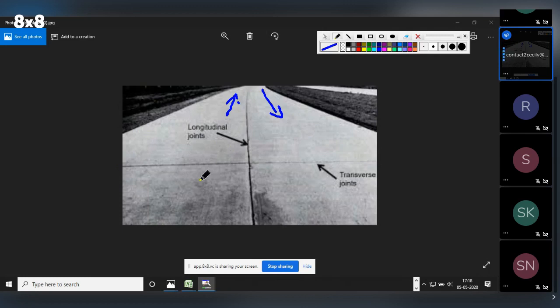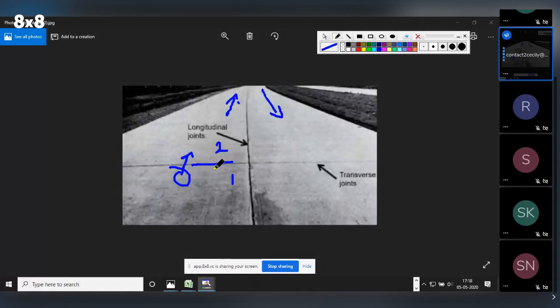So when a vehicle passes over this joint, the transverse joint, what happens? These joints are weak in structure, as they are discontinuous. These joint gaps are not filled with concrete, they are filled with the filler material, which has much weaker strength. So what happens if the wheel just crosses this joint? There may be some deflection of this slab. Suppose this is the first slab, this is the second slab. There will be deflection of this slab at this point.